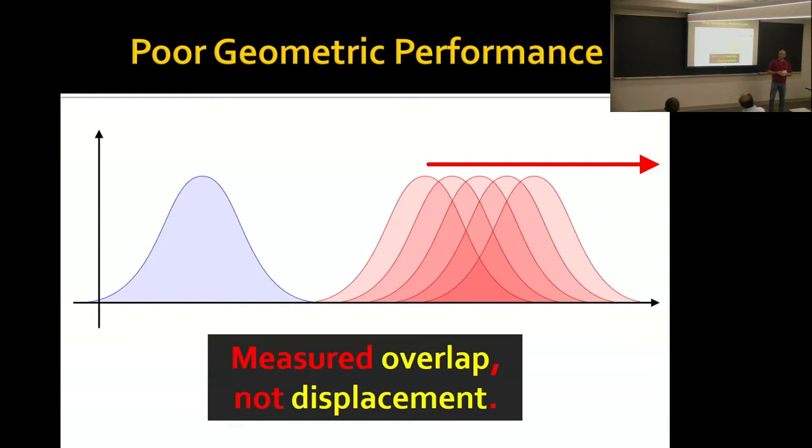Well, unfortunately, what I don't get is that distance is proportional to the distance along the x-axis. Instead, what you get is that for a while it looks like it might be, and then it just levels off and asymptotes. And the reason is that what these distances are measuring is not anything geometric. They're actually unaware of the x-axis here, but rather they're just measuring the overlap of these two distributions.